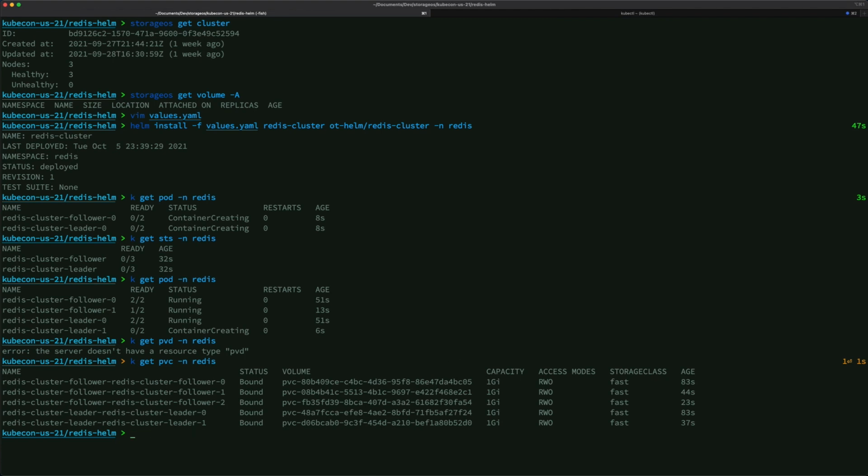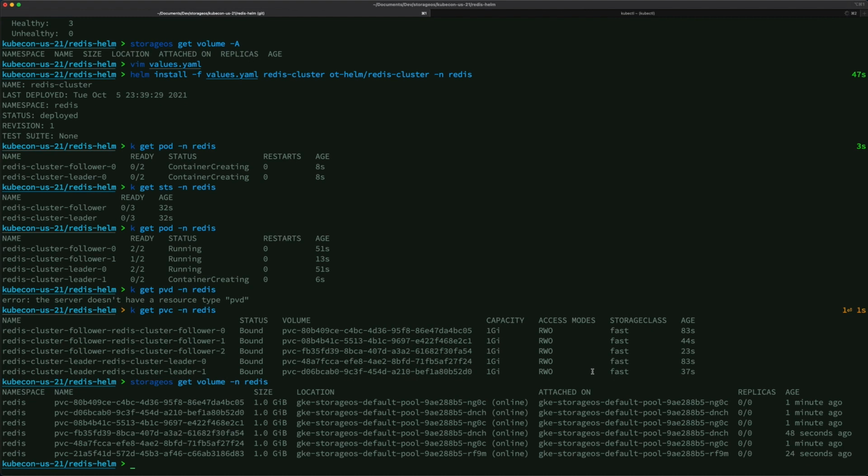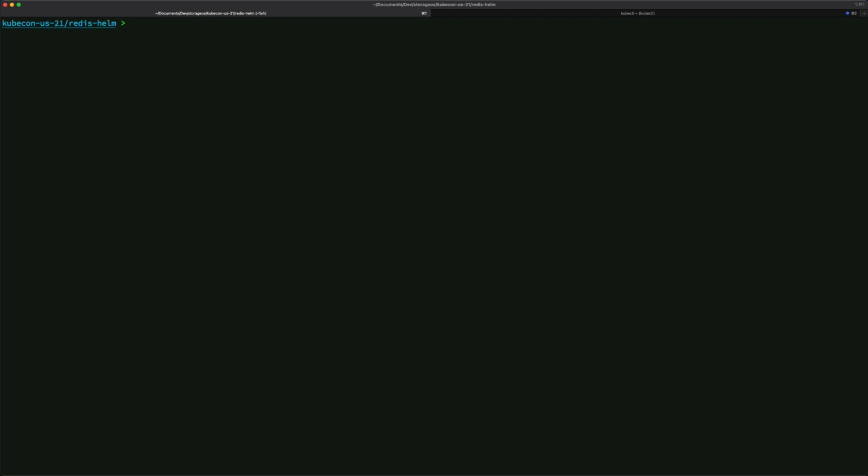So now if I go back to the StorageOS command line and get volume in the namespace, you can see that all the volumes, 6 of them, have been provisioned. And we have 0 replicas at the moment. So although we are using the storage and the data layer provisioned by Ondat, there is no real replica that has been set yet. So now let's create a storage class with replicas.